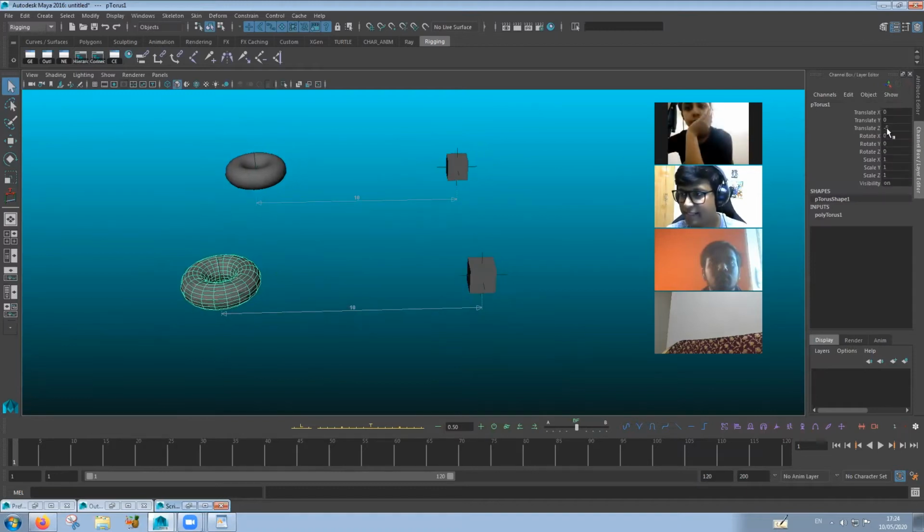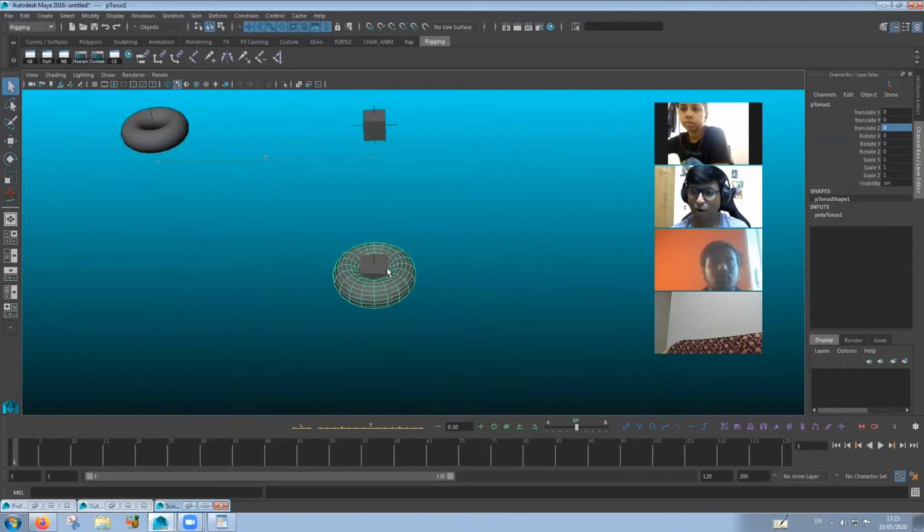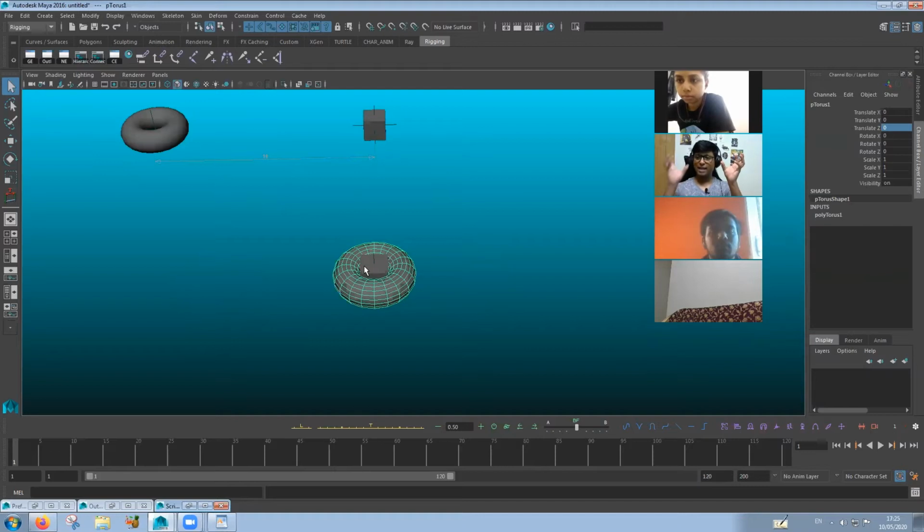we see that the translate Z value over here is -5, okay? So as soon as I make this a child and make this parent, notice what happens to that value. Now you see it has become -10. Now how did that happen? So if we zero out the value, you'll see that the torus goes and gets snapped to the box. That means the torus has now accepted the box as its parent, as its world, all right? So whatever value is going to happen is going to be relative to that cube.